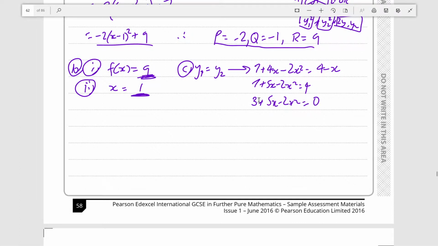And now we can factorize this. We're looking for two numbers to split this 5x into. And the product of these two numbers will be minus 2 times 3, so that's minus 6. And then the sum of these two numbers will be 5. And if we look at the factors of minus 6, the first one that hits us is minus 1 and 6, which satisfy these criteria because 6 minus 1 is 5, 6 times minus 1 is minus 6. So we'll split this up into